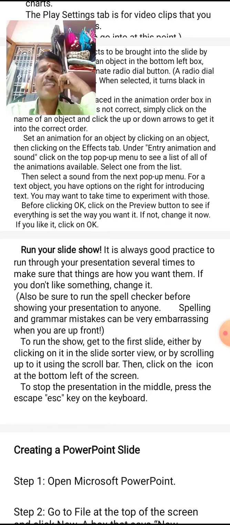If you don't like something, change it. Generally, before going to the final presentation before the audience, the user has to check or practice the slideshow. It is good practice.